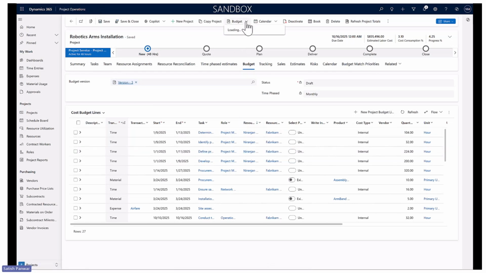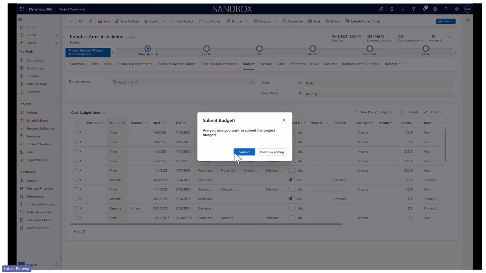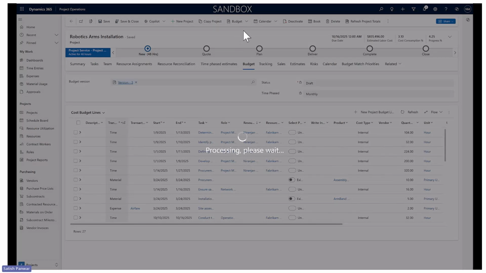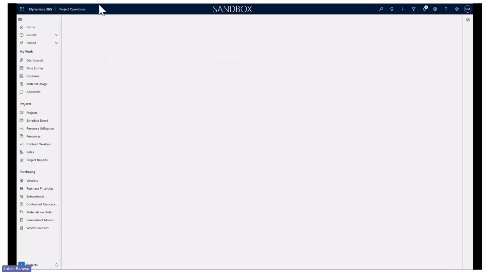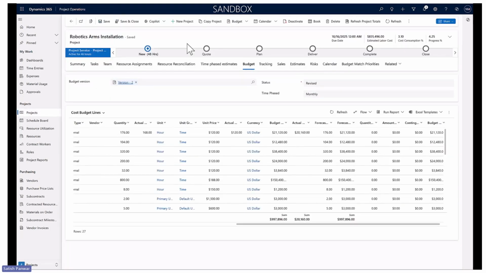And let us submit this budget and also get it approved as well. Yeah. Let me submit this, and it will take some time to get it approved. Let me click approve and move to the next topic. Once the revised budget is approved, you can see version 3 is created and approved, and the version 2 will